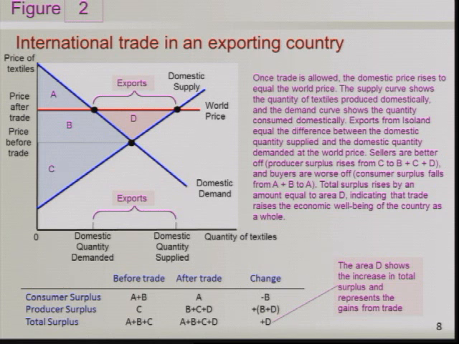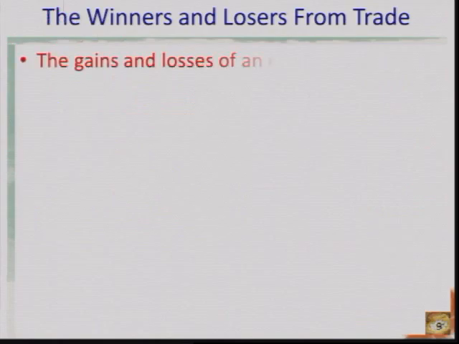bigger than the losses, well, who lost out in this case? Consumers. Domestic consumers had this much consumer surplus, and they gave up that whole B section to producers because of the higher price. And so that's all they get now, but now producers get what they had before and some consumer surplus and some extra stuff that we wouldn't have had if we didn't open our borders. So when we say that the gains outweigh the losses when we open our borders, I mean, that's graphically what we're talking about. So just to sum up,